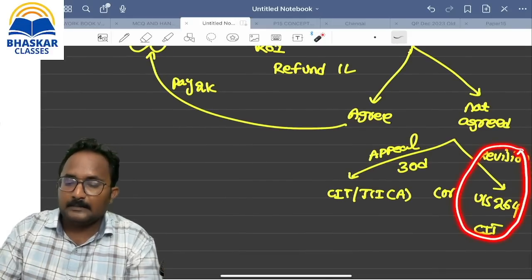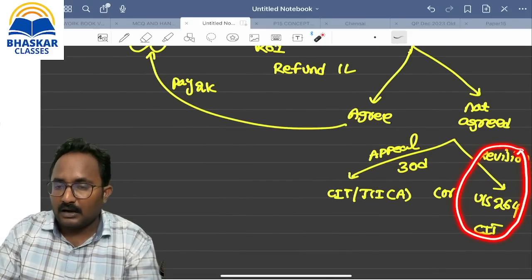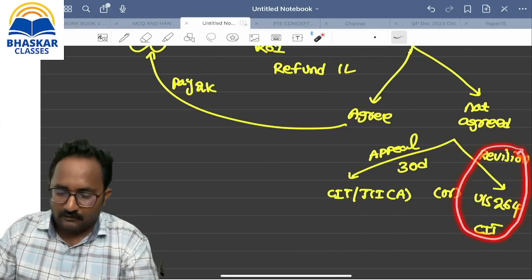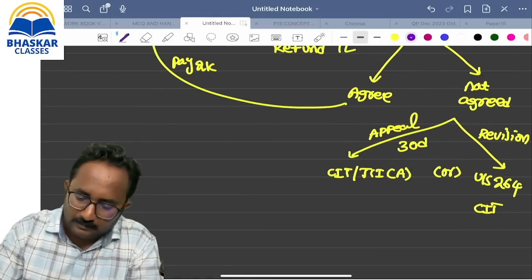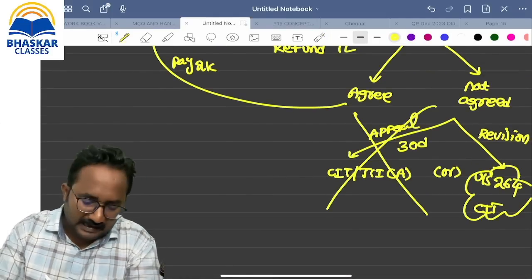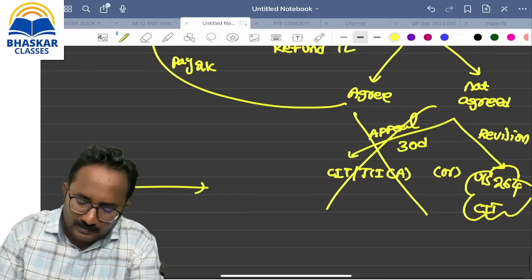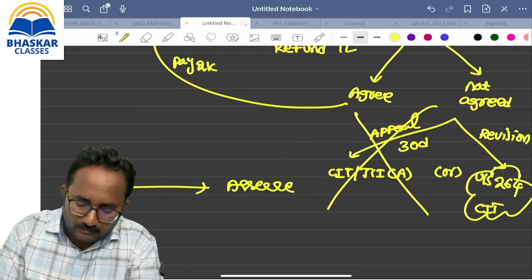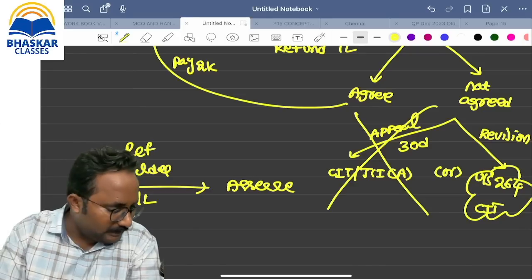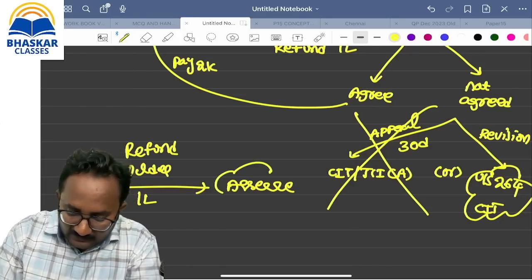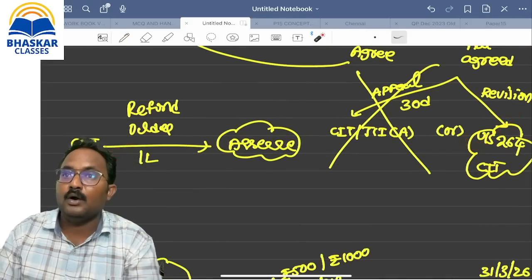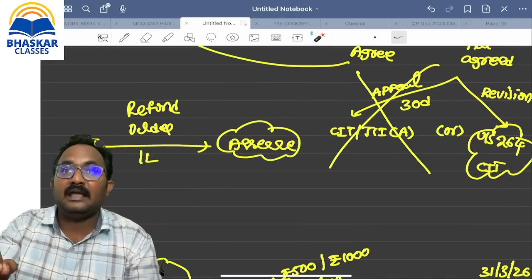And the CIT passed the order. If you are not satisfied also, you need to maintain silence only. You can't make an appeal against such an order. Finally, you decided to go for the what, ma'am? 264. The CIT has given the order to the assessee with a refund of how much amount, ma'am? 1 lakh. So nothing but the order given with respect to the refund of 1 lakh. So you have to be satisfied with that, because you only made an application for the revision and that only we are delivering to you. Against this order, you can't make any appeal.